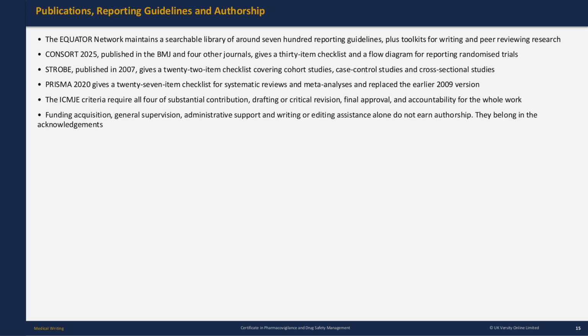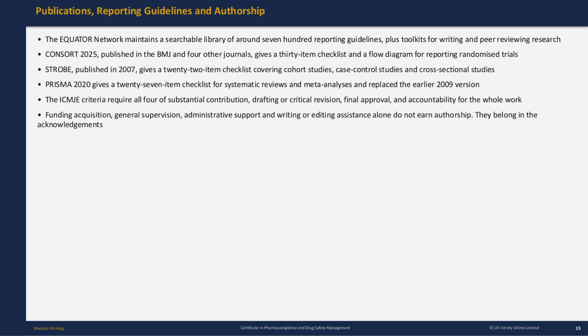Publications, reporting guidelines, and authorship. The EQUATOR Network maintains a searchable library of around 700 reporting guidelines, plus toolkits for writing and peer-reviewing research. CONSORT 2025, published in the BMJ and 4 other journals, gives a 30-item checklist and a flow diagram for reporting